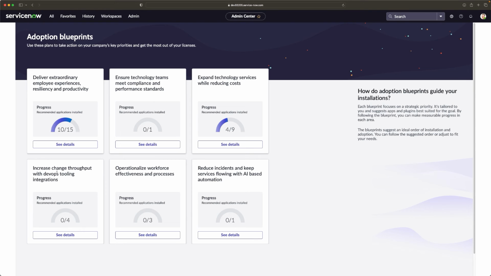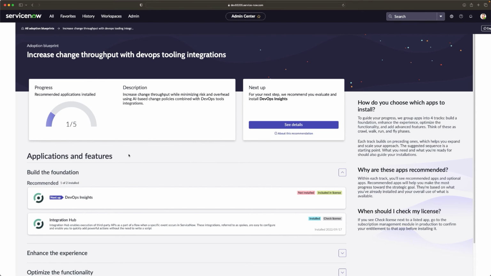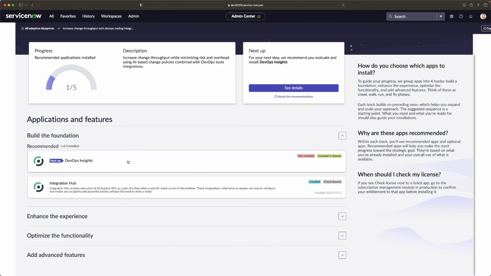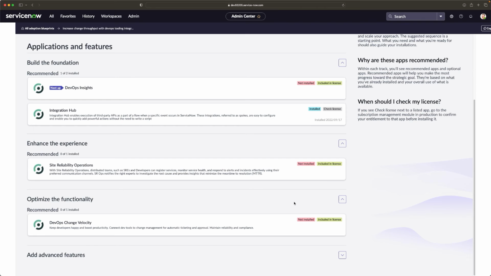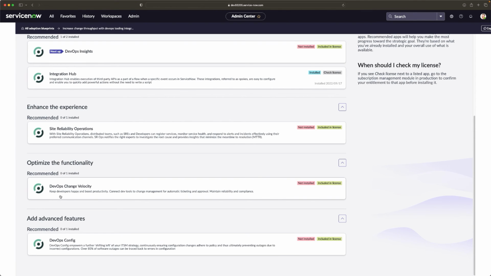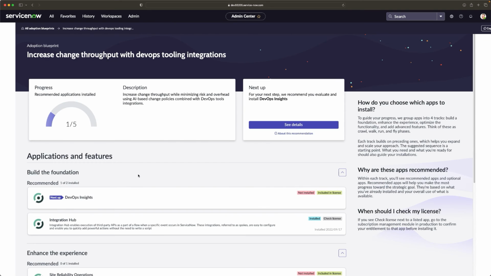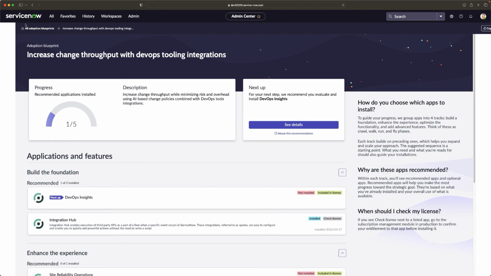Increase change throughput with DevOps tooling integration. No applications are installed in this blueprint. Let's see DevOps Insight Integration Hub. Wow. And some more. You can also expand these, and these are all different options you can see. DevOps config, DevOps change velocity, and the best part is you can see whether these are not installed and included in the license or not. If I click here,